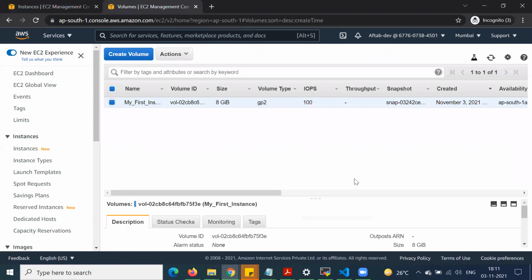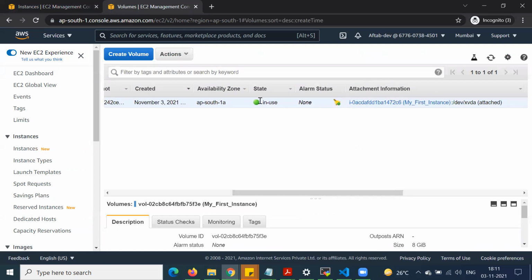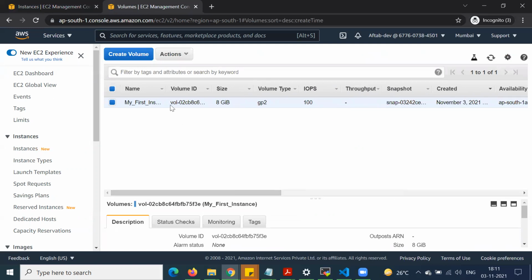If you go to the volume section, we can see one is in use and this one is in available state, right? So from here, if any EC2 server is running and it has a root volume, and we want to create another volume, then in that case we can go here and select this volume.